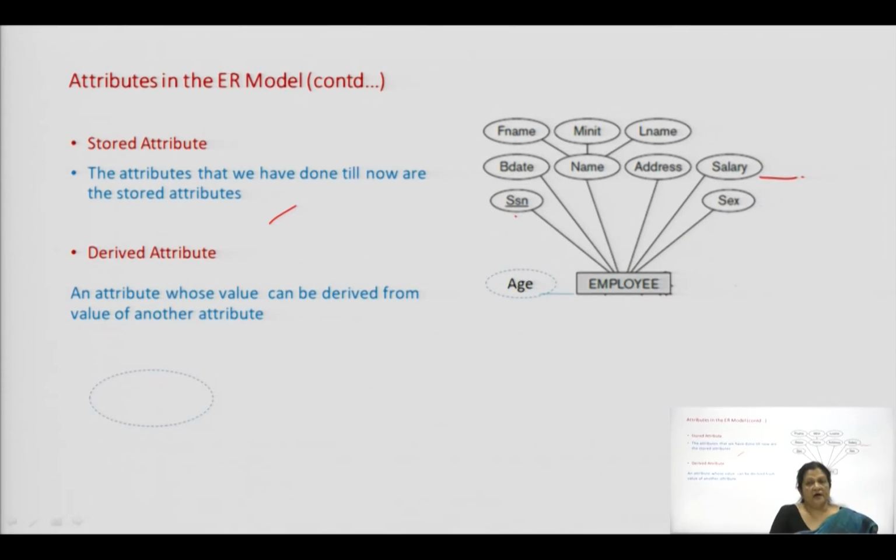A derived attribute is an attribute which can be derived from some other attribute. For example, we have this attribute age over here. So, this age can be derived from the attribute birth date. So, it is called a derived attribute, and a derived attribute is always shown by a dashed line.